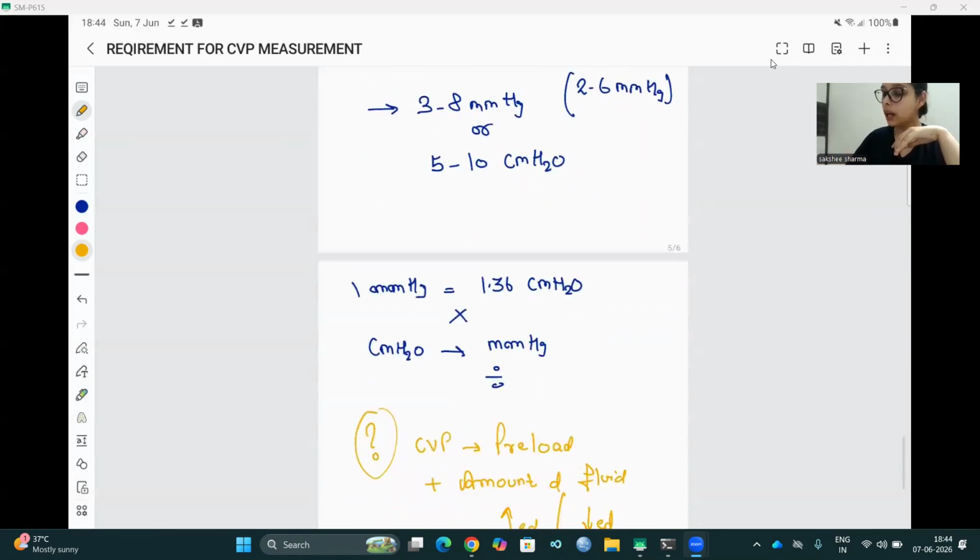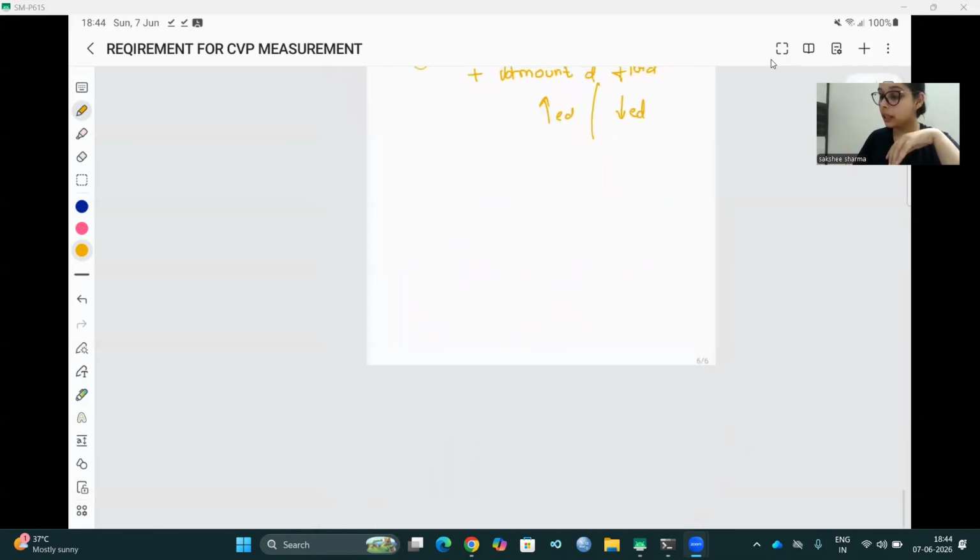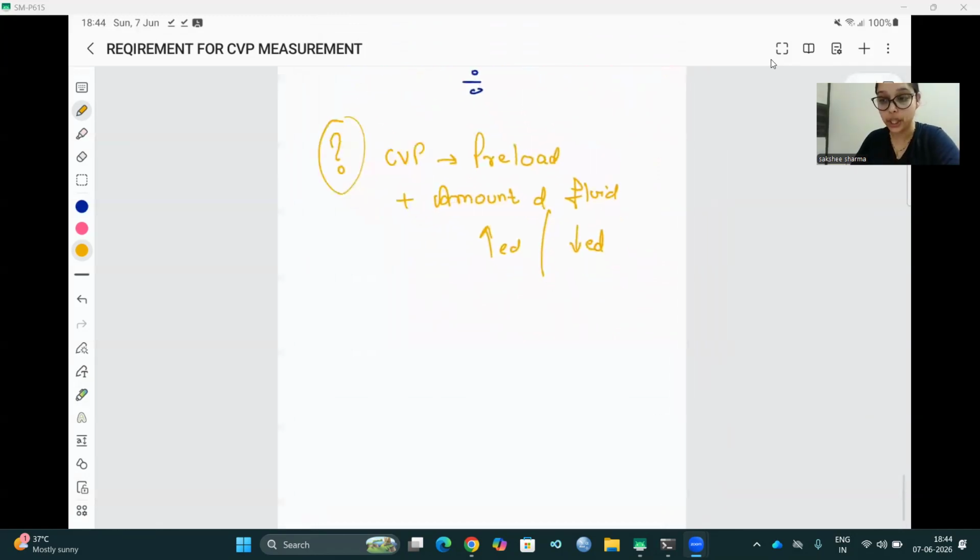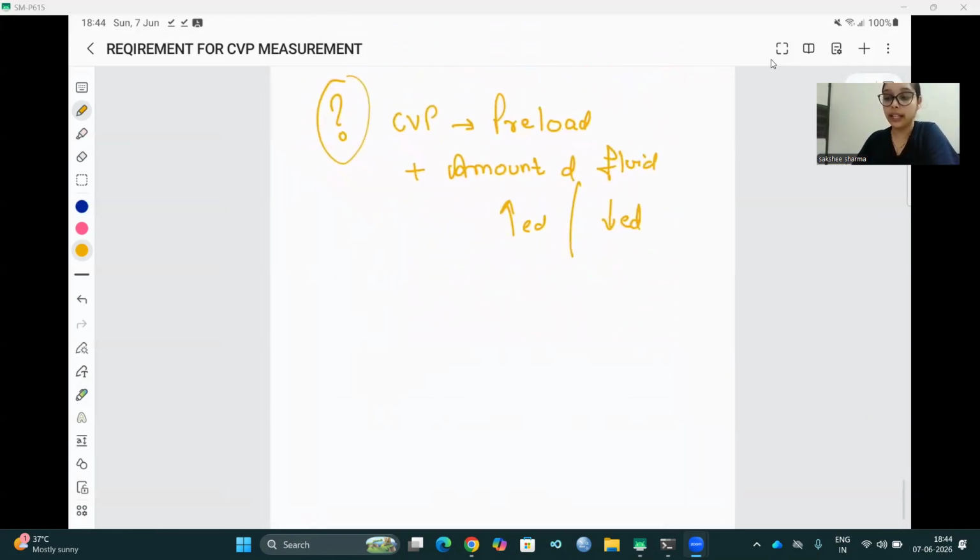So now let's see what are the conditions in which the central venous pressure is increased. We already know the normal value, 3 to 8 or 2 to 6 mmHg, or 5 to 10 centimeter of H2O. Now let's see, when will the CVP increase? What do you think? Okay. See,